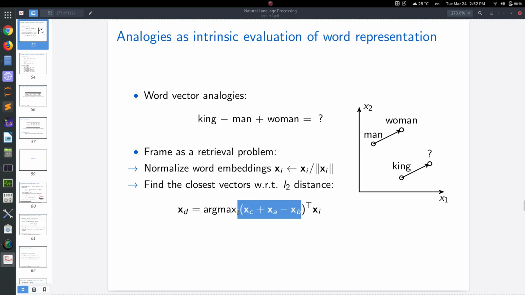They're all normalized by the length, and then we're going to find the argmax. So we're going to find the nearest neighbor, or the k nearest neighbors, of the word vector that we're going to find here, and these are going to be the words that are analogous, the words that complete this equation. So going back to the code,